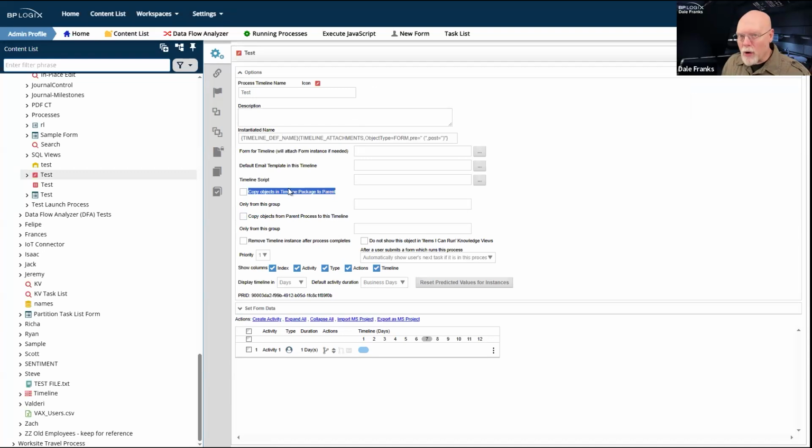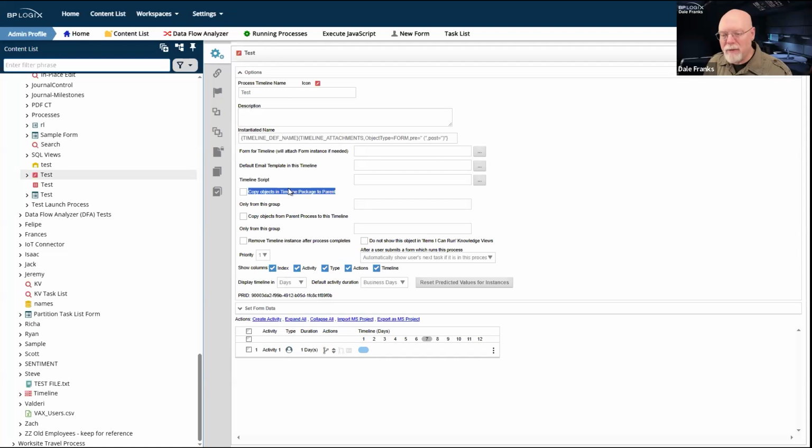The way the product works now, 6.1.200 and all prior versions, when you check this property and you kick off a sub process, when the sub process ends, it will return all of the objects in that process instance back to the parent process instance. Straightforward so far.